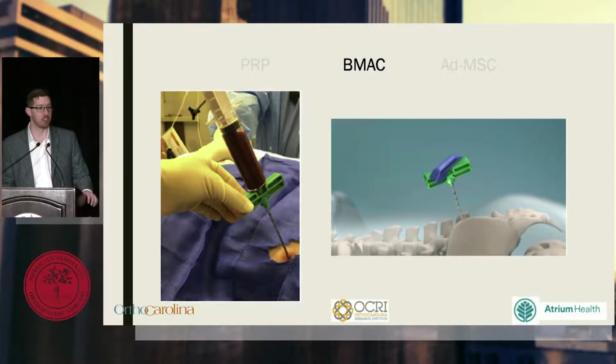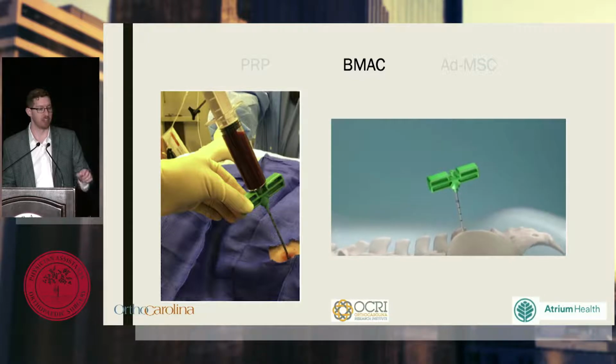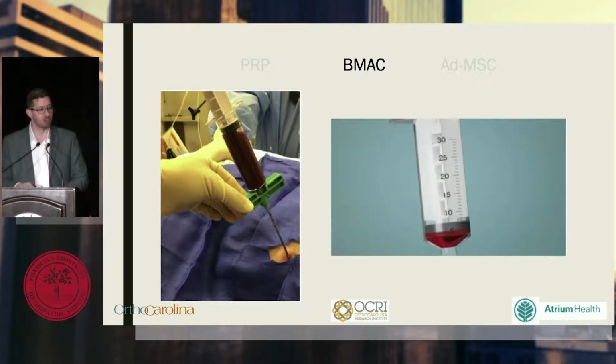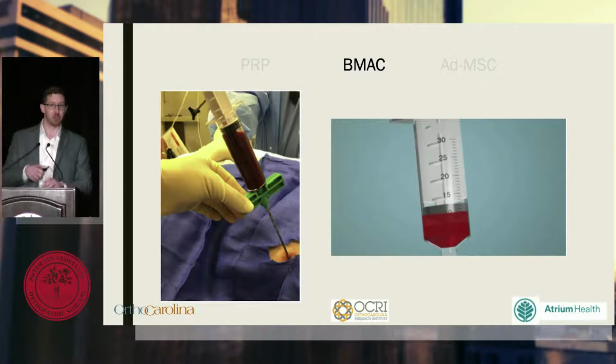And that's the site that the literature would suggest is the gold standard location for cell harvest. And what you're seeing is this Jamshidi needle being malleted into the bone here, into the cancellous region of the bone, pulling back cells, turning as you're doing so, and then again going slowly. For those of you who are actually doing this, there's data to suggest that pressure derived from huge pulls and giant vacuum-type suctions is actually killing a lot of these cells. And so the way you want to do it is nice and slow, turning, pulling back blood,